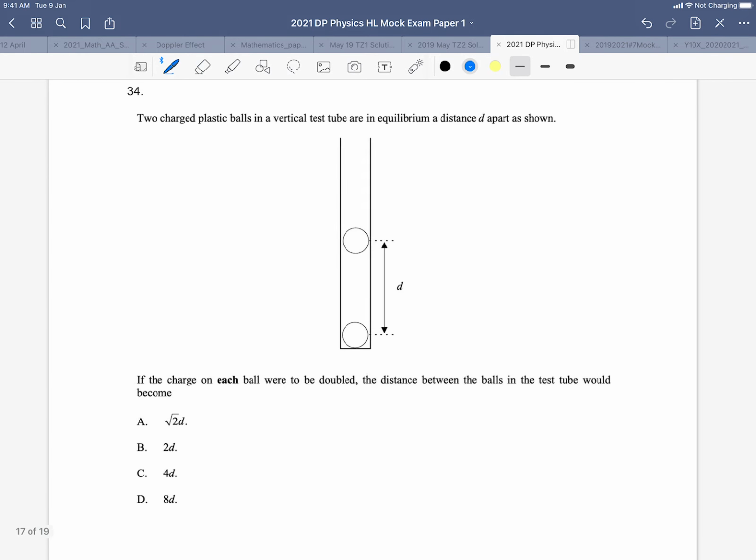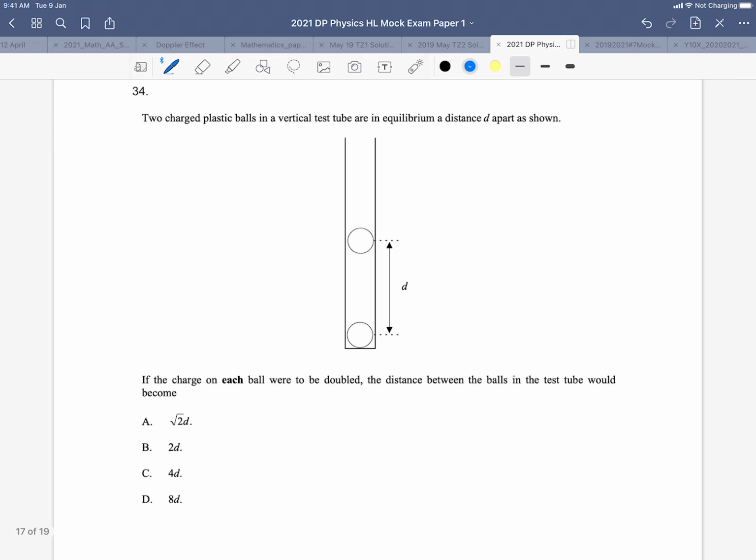34, Coulomb's law. Another classic from, I don't know, 2005 or 2006. I've used this many times on tests. Two charged plastic balls. Okay, so they're in equilibrium, so that means the weight is being balanced out by the Coulomb force,